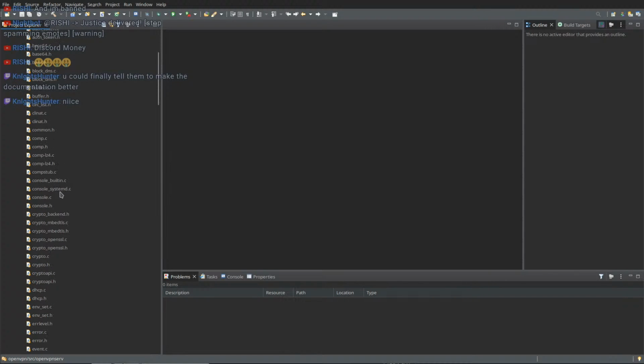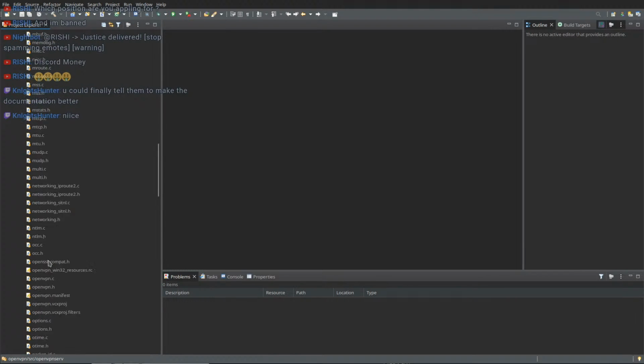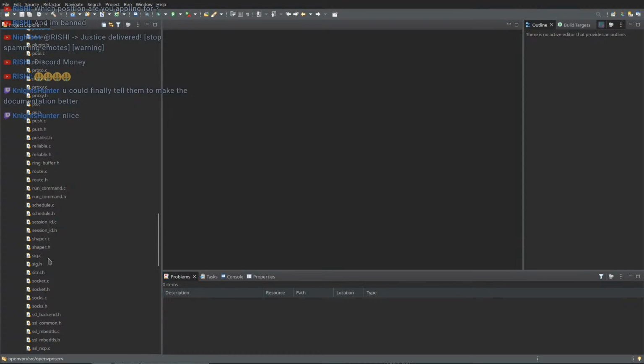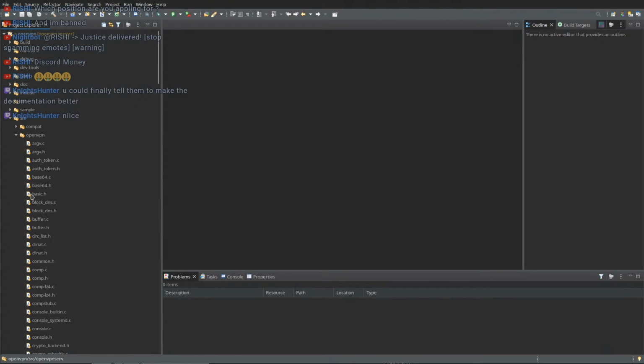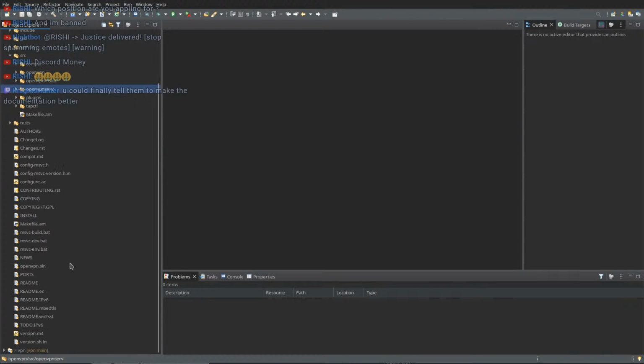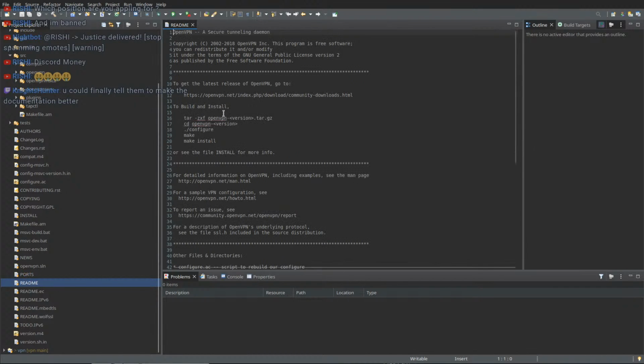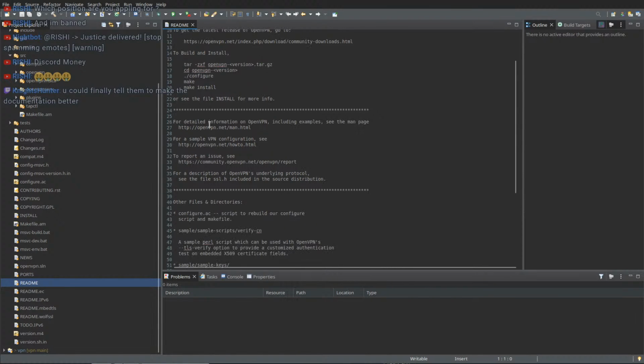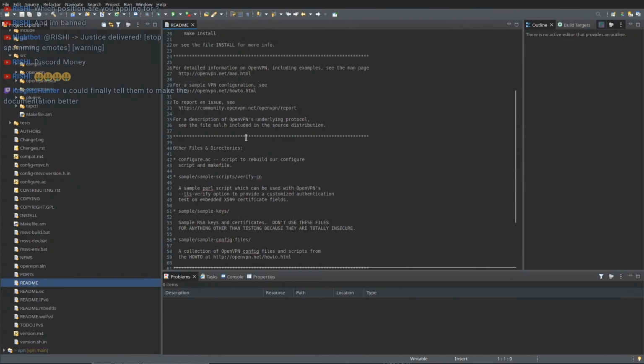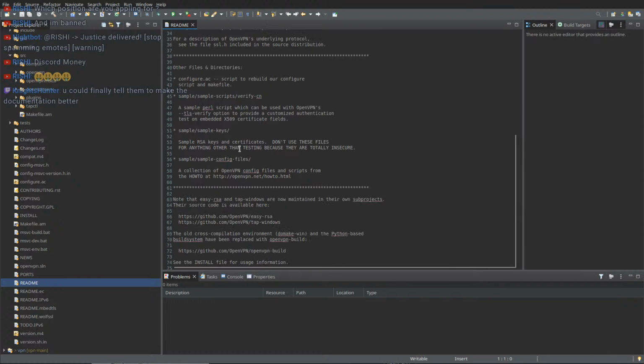See, open VPN, and there's a lot of stuff. It'd be nice to know where to start. To build and install, information, the file directory, sample script to rebuild or configure script and makefile, configure.ac.